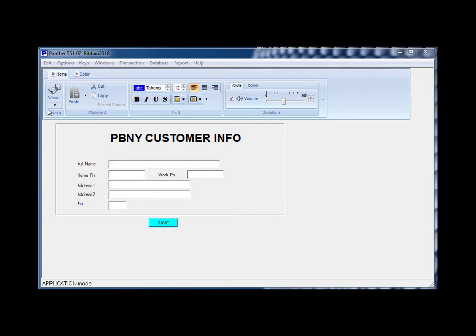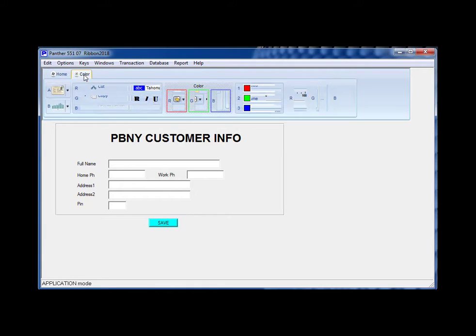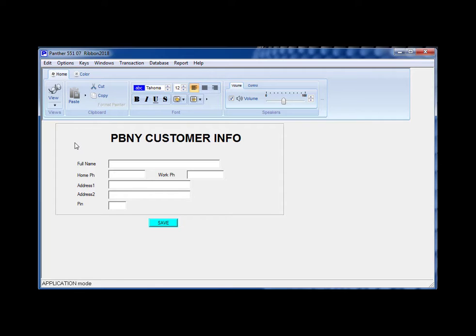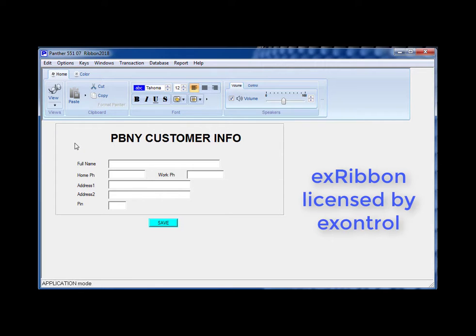Think of ribbon menus as graphical control elements in the form of toolbars that can be placed on several tabs. Notice I've got a home tab and a color tab. Very cool. Now there are many controls out there, but we have chosen to use the ActiveX control by Xcontrol